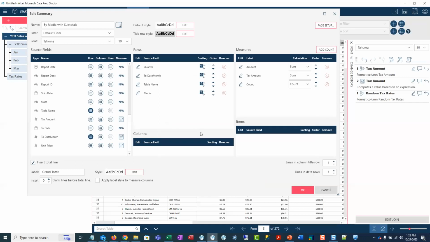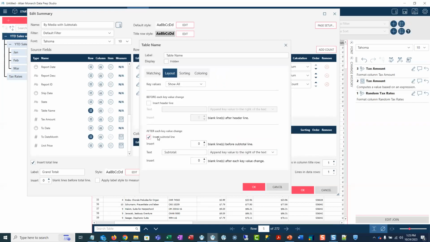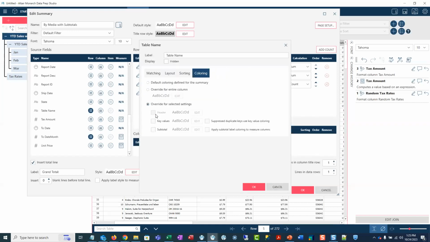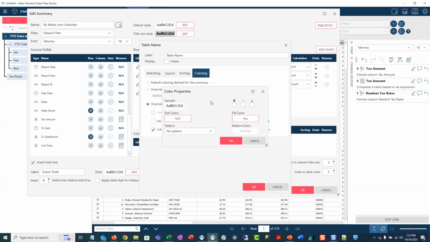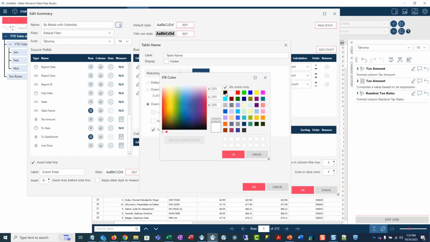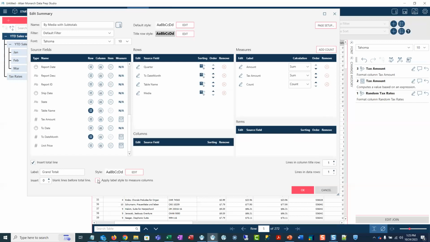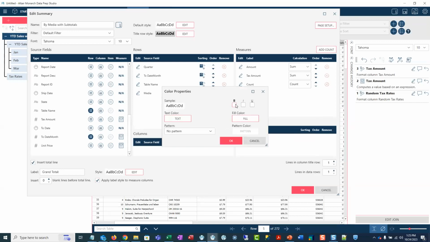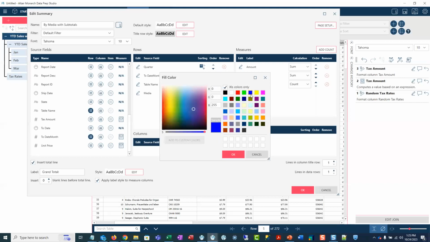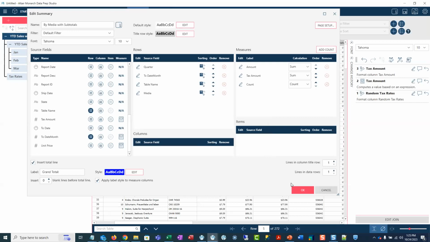And then I'm going to do the same thing for the table name here. Okay. And white. And then the last one is the grand total. Blue. Okay, so when I click OK,